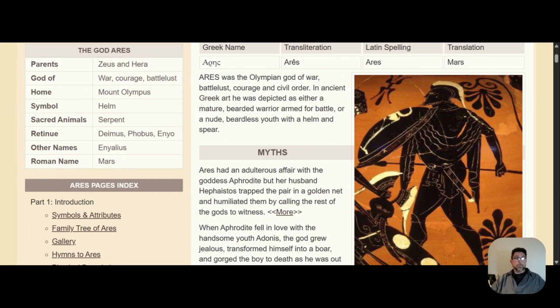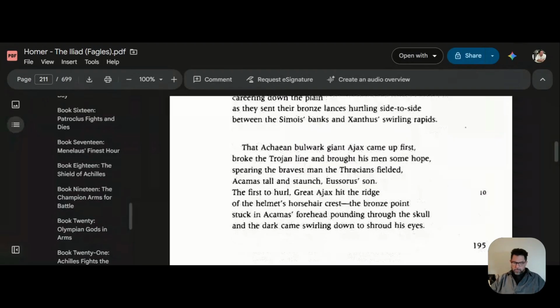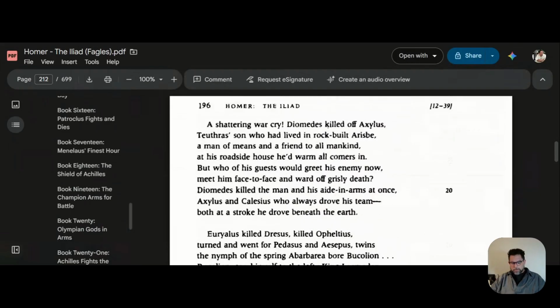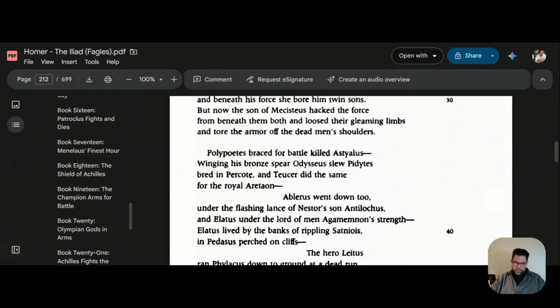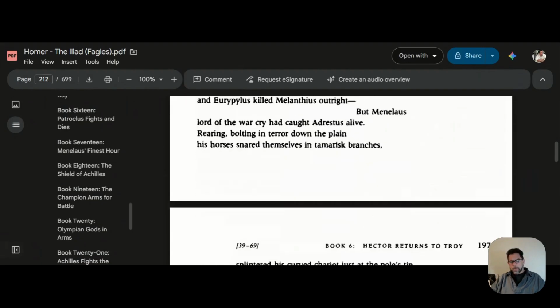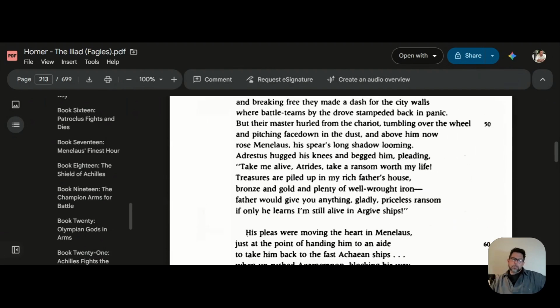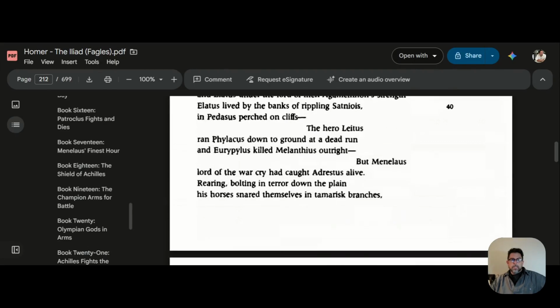So that kind of covers the ground of what we saw last time in the story. We saw Aphrodite and Ares both getting stabbed by Diomedes. And book 6 picks up with a similar slaughter of Diomedes charging amongst the ranks and clash between the troops. And that basically shows the clash between the two. And then you come across this really interesting scene where there's a begging scene with Menelaus and Agamemnon. And what is this? It's a parallel to book 21, as we'll see later. In this one, we see this character comes up and he begs Menelaus to not kill him. So it says here,